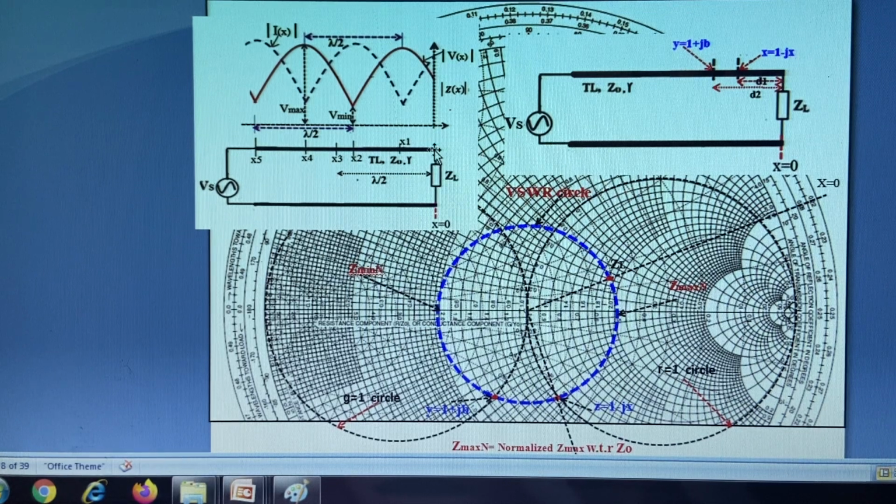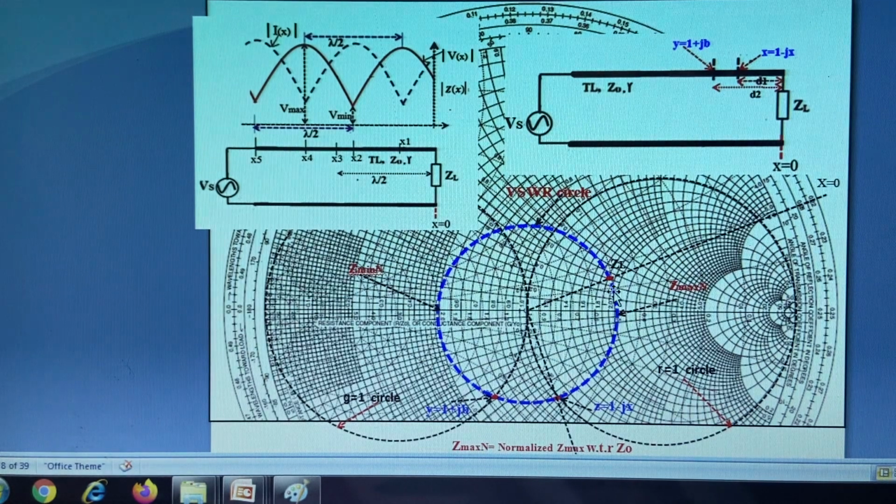That is similarly over the transmission line. From the load you are at some distance here, and you can read what the impedance is here. So you can read the impedance at any position over a transmission line by reading the impedance over this VSWR circle. The impedances over this VSWR circle are the impedance variation over the transmission line.